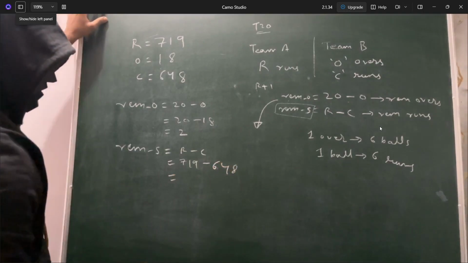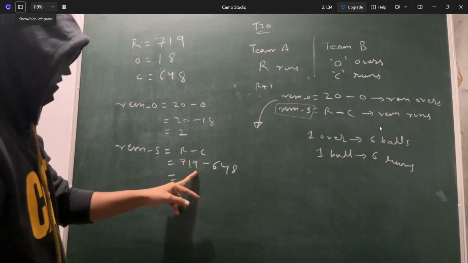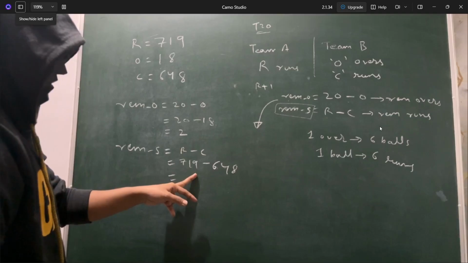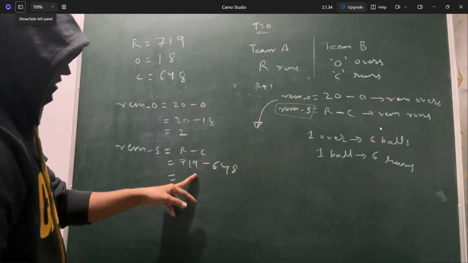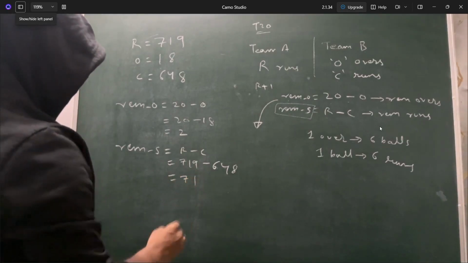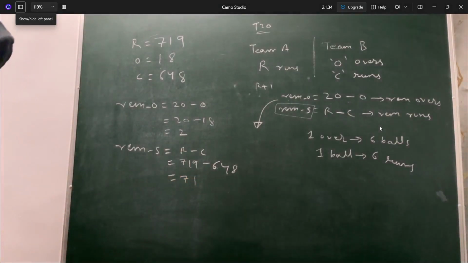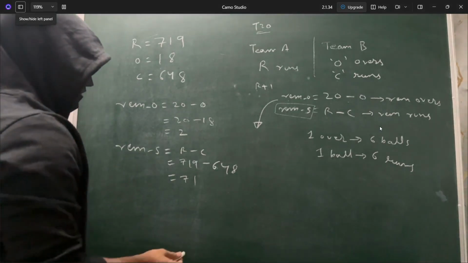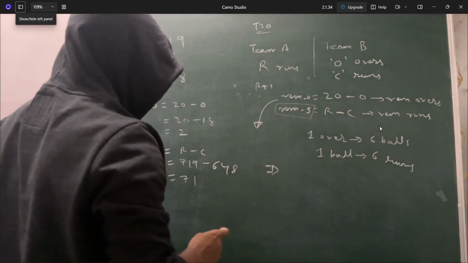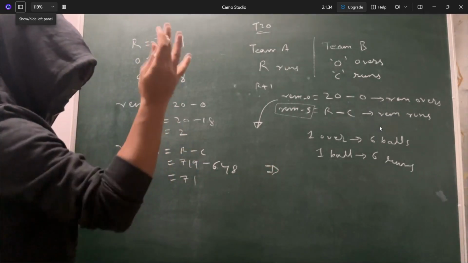So if you try to calculate, this is 52 plus 19, 52 plus 20 if you do, that is 72. 72 minus 1, if you remove, 71. So 71 runs is the remaining. And now since there are 2 overs, so at max, let's say in these 2 overs all the balls played